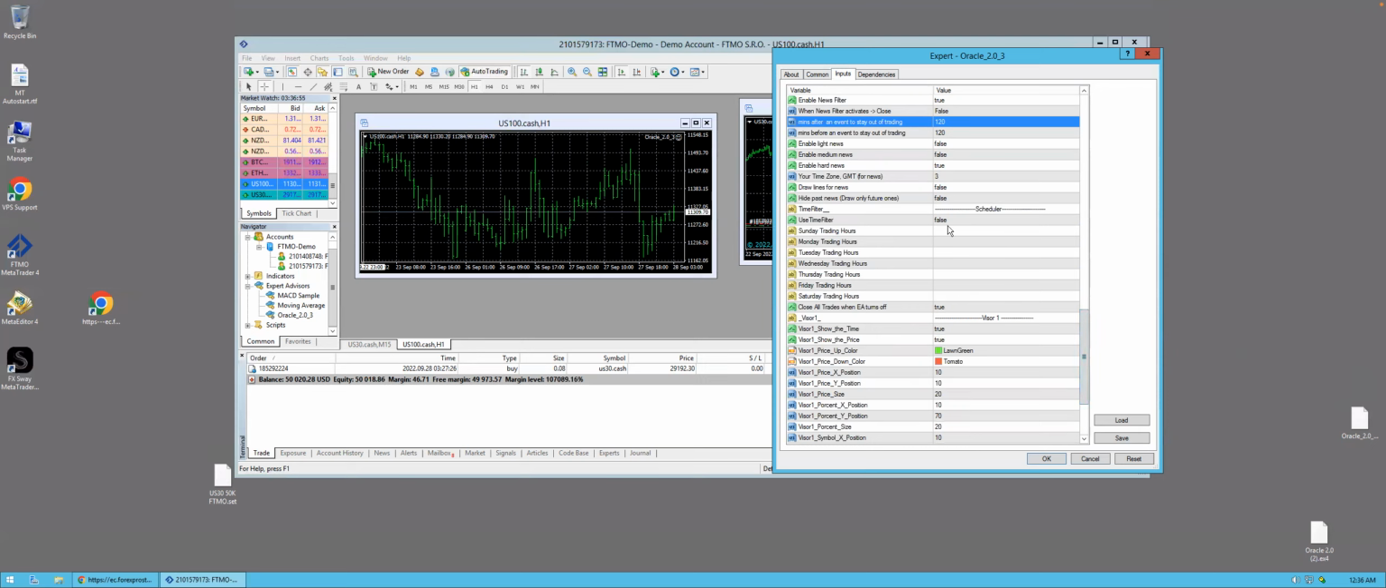For the time filter though, it's literally simple. Drag the file again. You're gonna be opening up the settings, scroll all the way down. It's right here, time filter. You're gonna put true. Now, this is where it might get complicated for some of you guys. You have to understand,